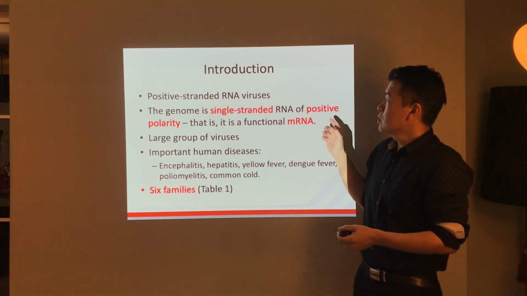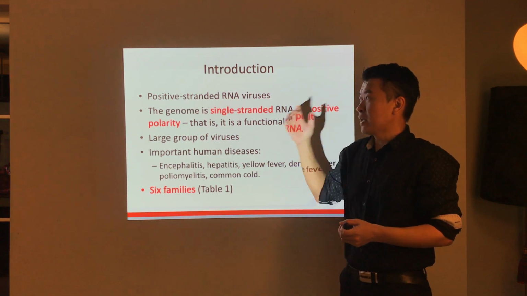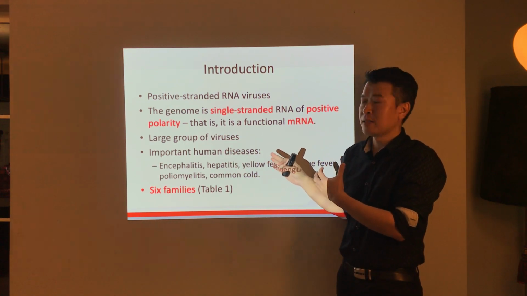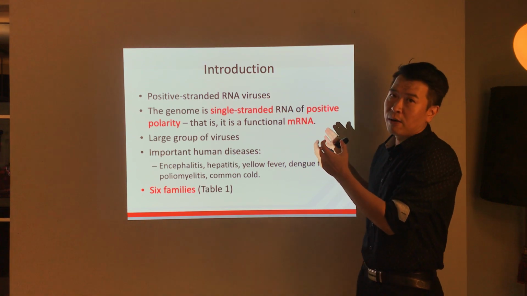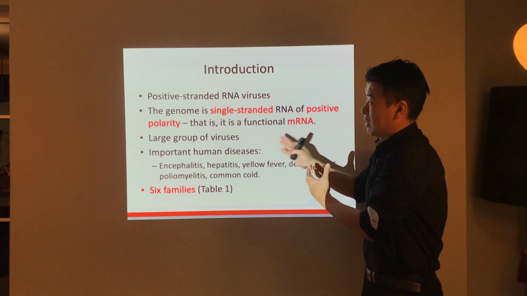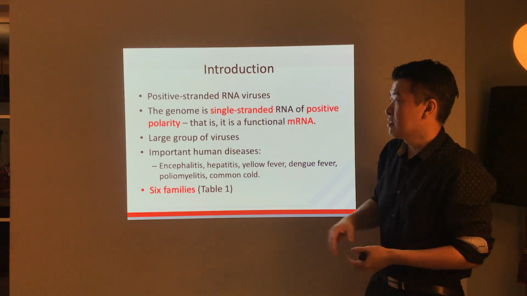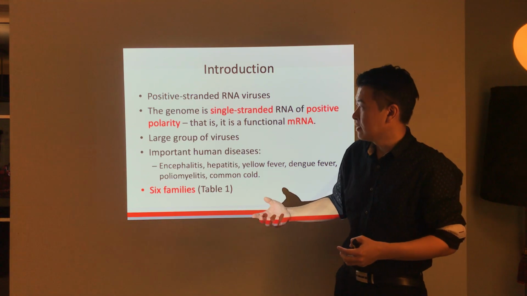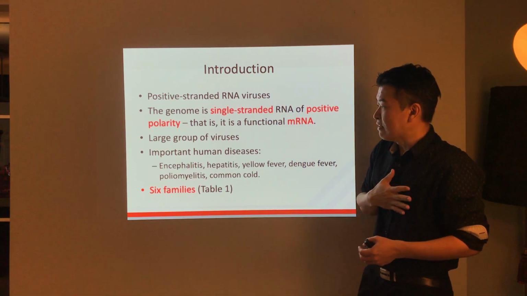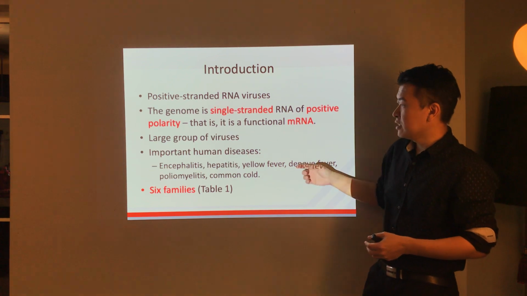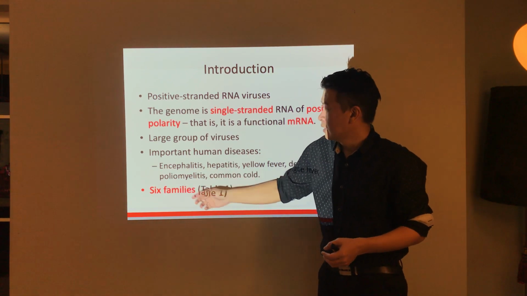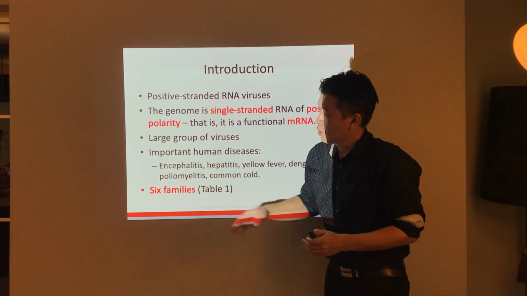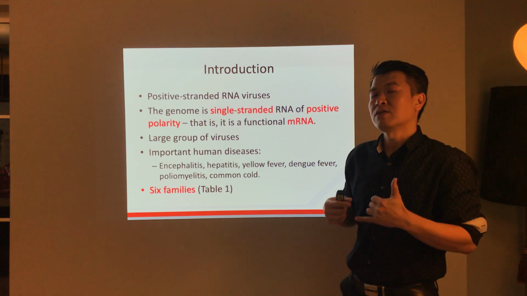Alright? So this group of viruses is a large group, because the RNA virus is a very large group and causes a lot of human diseases such as encephalitis. Encephalitis means inflammation of the brain, hepatitis, inflammation of the liver. It causes yellow fever, dengue fever, poliomyelitis, as well as common cold. Alright, so for the purpose of the course, we focus on 6 families that cause human